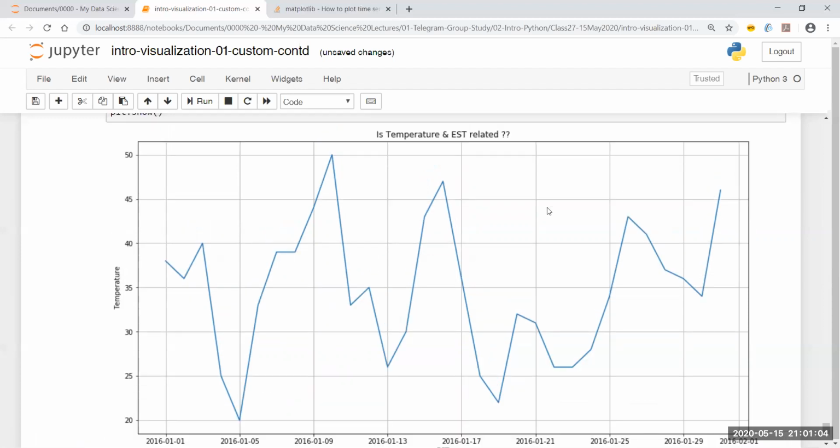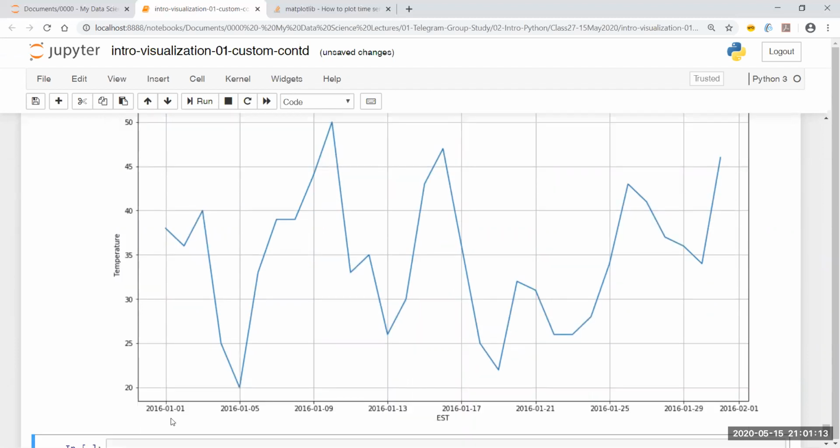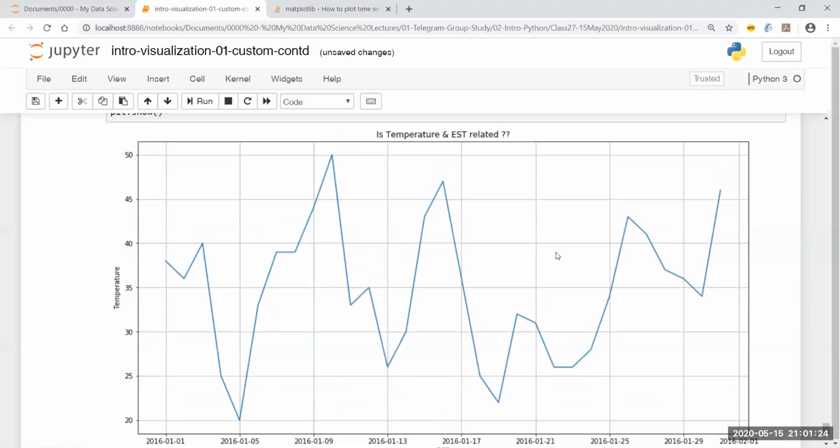So this technique is very useful. This is something we're going to look into in great depth when we go into machine learning, because time series, this is known as a time series, where the x-axis is either a date or a time or a combination of both, where I'm just trying to see what is the trend. So this will look similar to any one of you who is interested in stock markets, because the trend line inside the stock market will almost always look like this, right? So over a period of time, how did the share prices of Infosys perform? So if I plot that, on x-axis I'm going to have the dates.